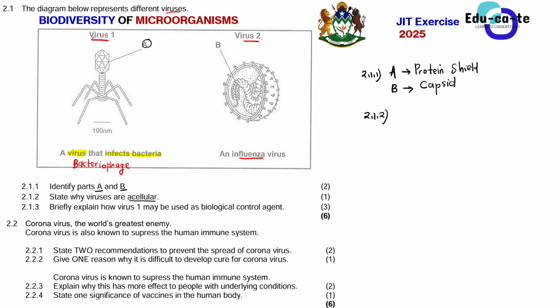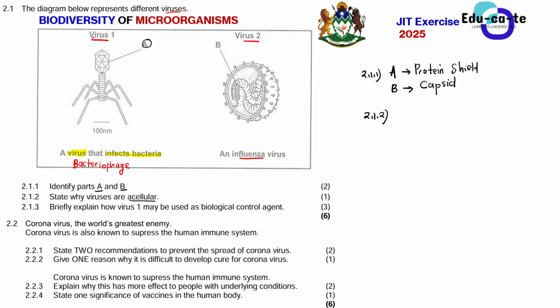So why are viruses acellular? When you say that an organism is acellular, it simply means that the organism does not have a cell in it. This structure of a virus is not really a cell per se, because it does not excrete any waste, it does not respire, and it does not do any metabolic reaction that is done by a normal cell. So we say that viruses are acellular because they do not have a cell.